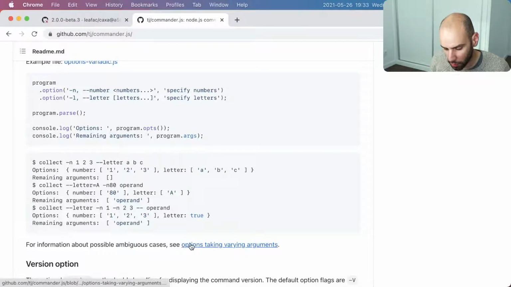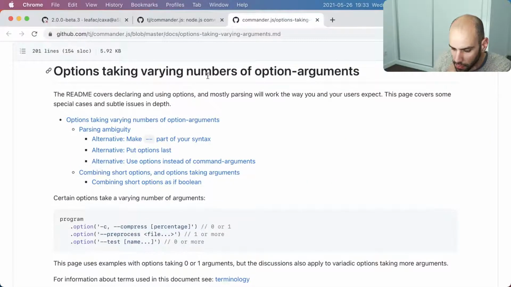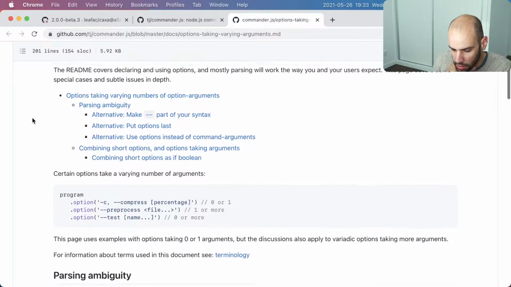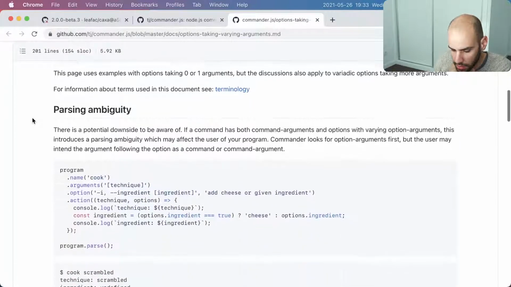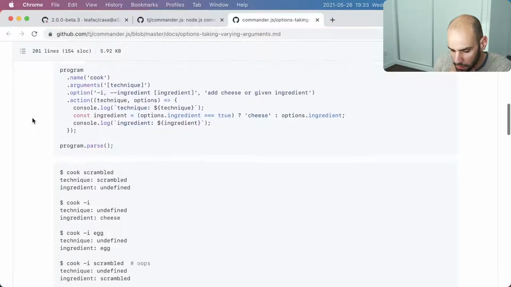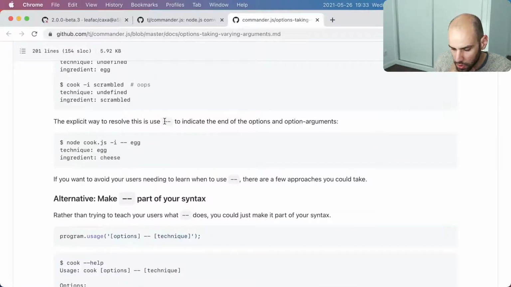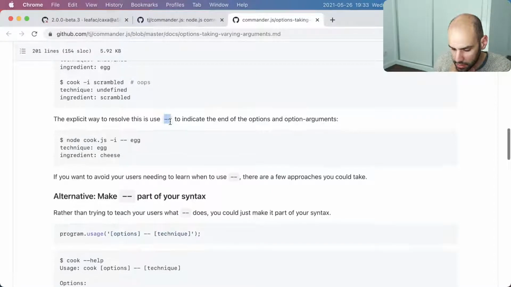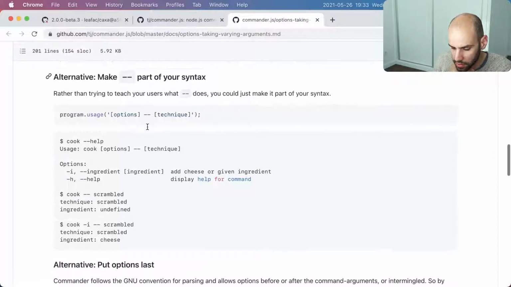So see options taking varying arguments. Let's see, options taking variable number of arguments. Some special cases, parsing ambiguity. And then the solution is to use an explicit dash dash. Alternative, make dash dash part of your syntax.